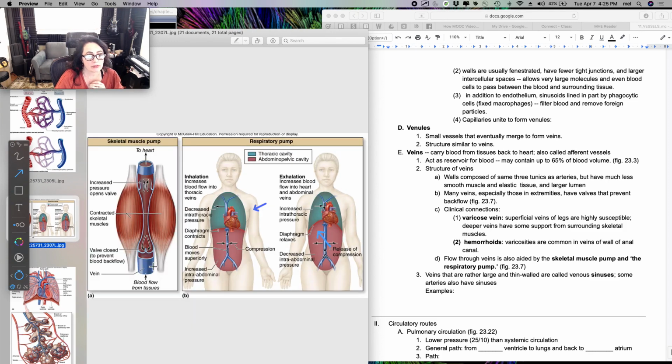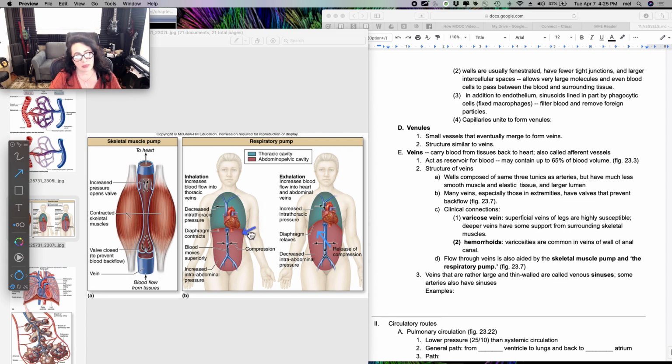So here's how a valve works. These are one-way valves, and the one-way valves promote unidirectional flow of blood even at low pressure. And as you contract your skeletal muscles, it pushes on the veins. Since it pushes on the veins and the blood can't go backward, it goes forward, forward, forward. The same thing happens with your respiratory system. So this is called the skeletal muscle pump, and it helps with venous return of blood through veins back to the heart. And then this is called the respiratory pump, and the respiratory pump